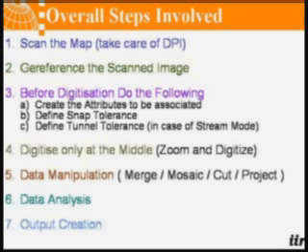Further, after digitization, a layer is created. Suppose some work is done by 10 people, those layers can be merged or mosaicked, or if it is a bigger area, you can cut it and give it to different people according to their requirement, and then project it. So these are the different steps: scan the map, georeference, digitize, specify the tolerances, digitize only at the middle, and other manipulations are possible. So this is my overall talk about digitizing and editing.